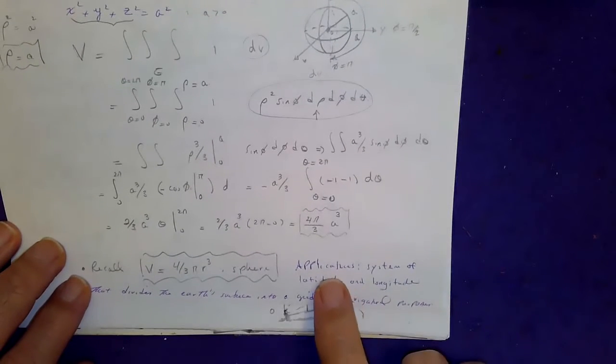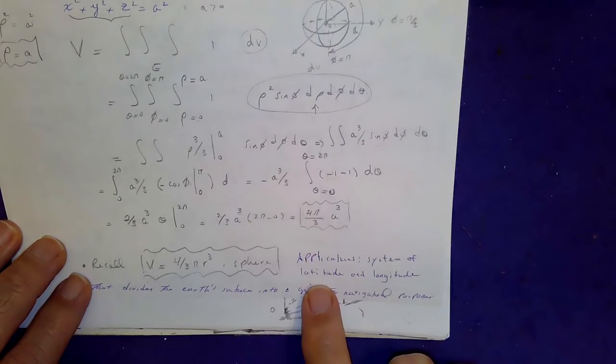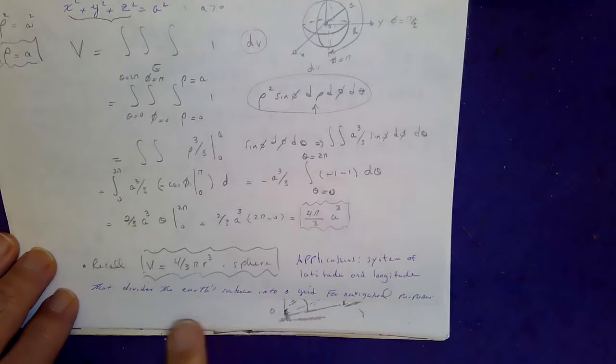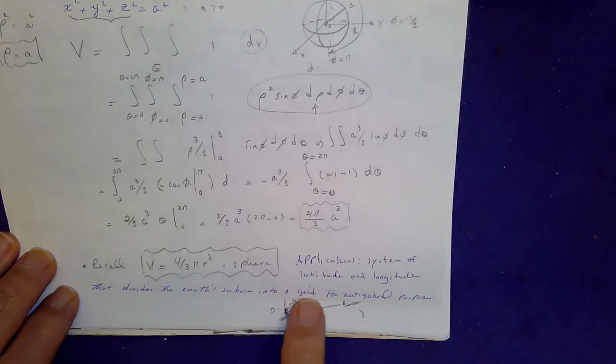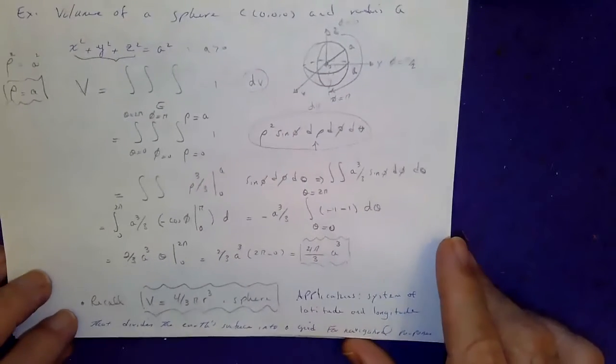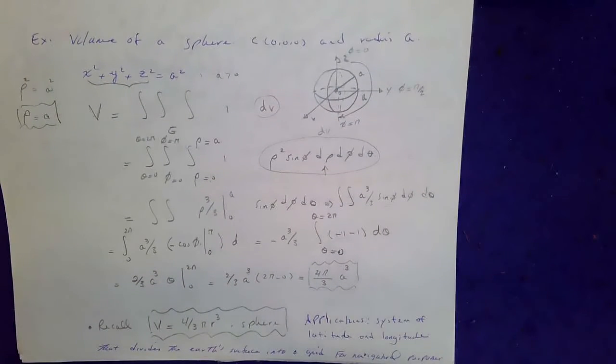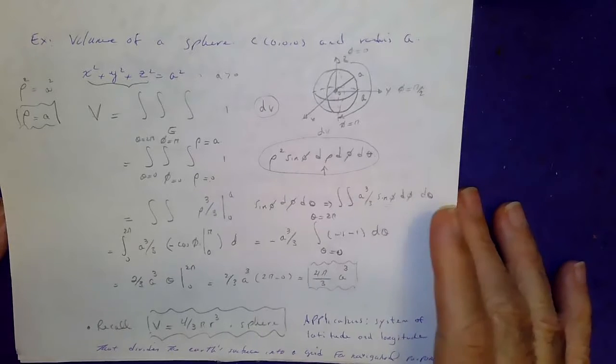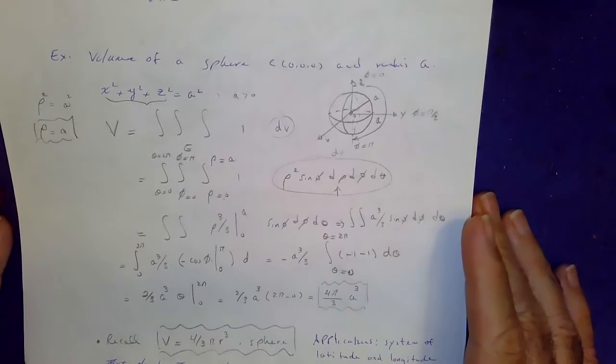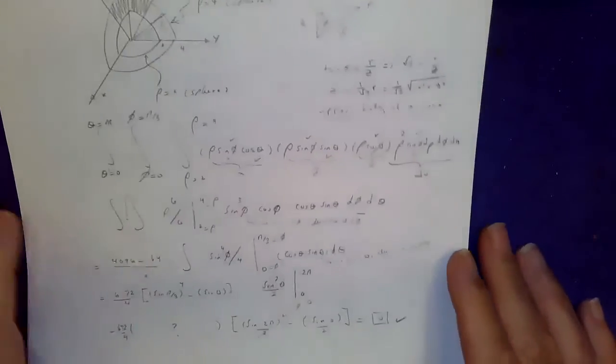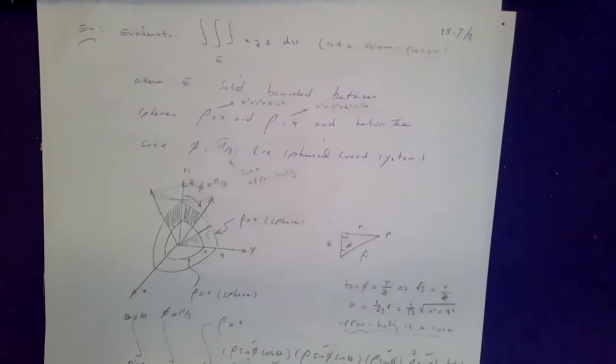The answer: applications. The system of latitude and longitude that divides the Earth's surface into a grid for navigational purposes is the place where we use spherical coordinates. In other words, spherical coordinates are the idea behind GPS, and that's how you find a specific address on GPS. Very good. So let's do a couple more problems, and we should be A-okay for this